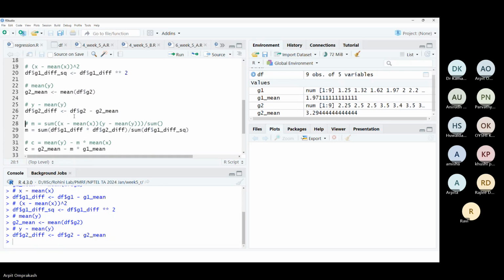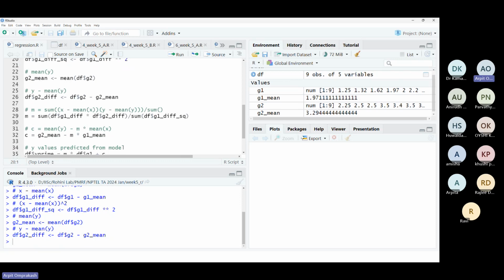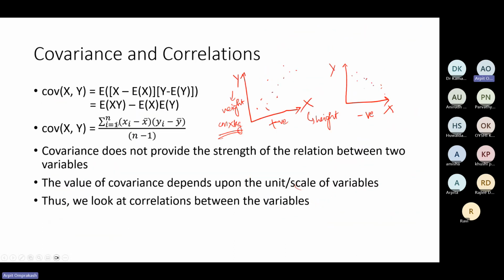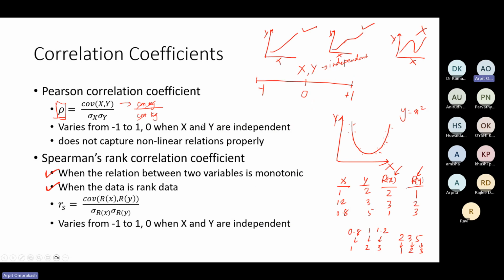Then we'll take a look at the formula again. It's the covariance of X and Y divided by the variance of X. The variance of X is Xi minus X bar whole square divided by N minus 1. If we divide these two terms, the N minus 1 cancels out. So if I were to expand this whole thing, Xi minus X bar into Yi minus Y bar, summation of this divided by N minus 1 into